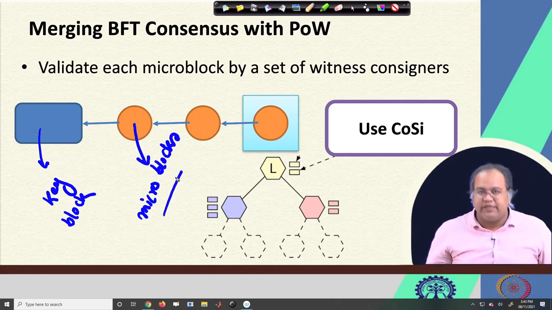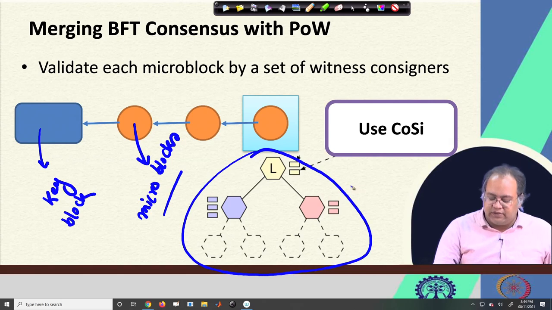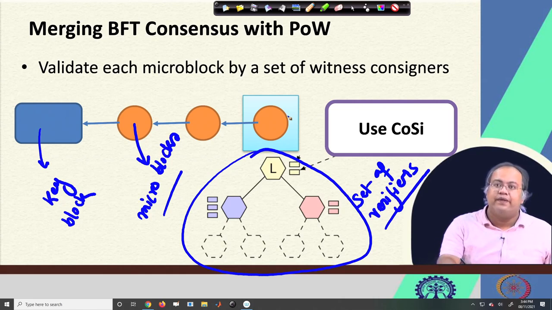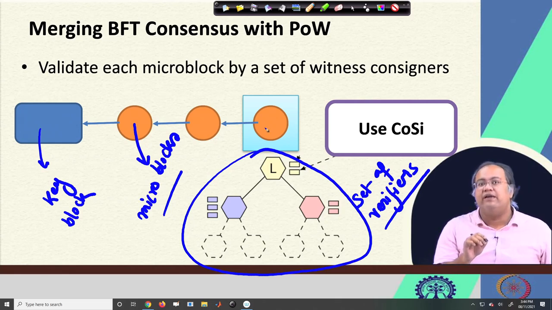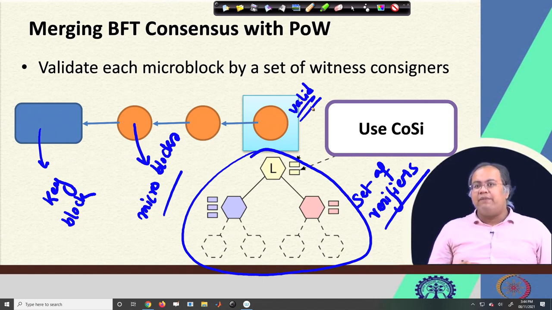Well, now here my requirement is that before adding a microblock in the system, I would get it verified by a set of verifiers. This set of verifiers is going to verify that this microblock is correct. If they verify that it is correct, they are going to put a collective signature on this microblock, saying that all of us, or at least the majority of us, are certifying that this is a valid microblock. Now, here you see that the moment I say multiple witnesses, or the members of the trustee group, collectively verify and collectively sign a microblock,